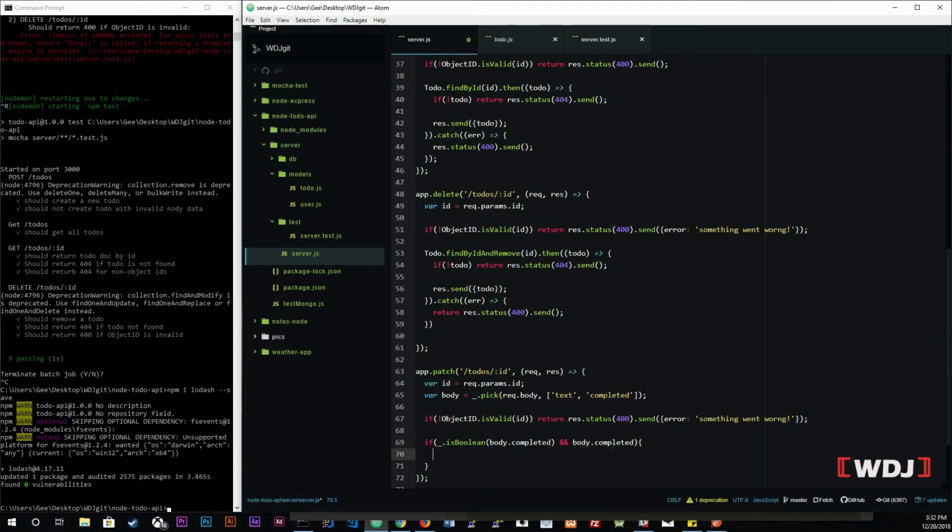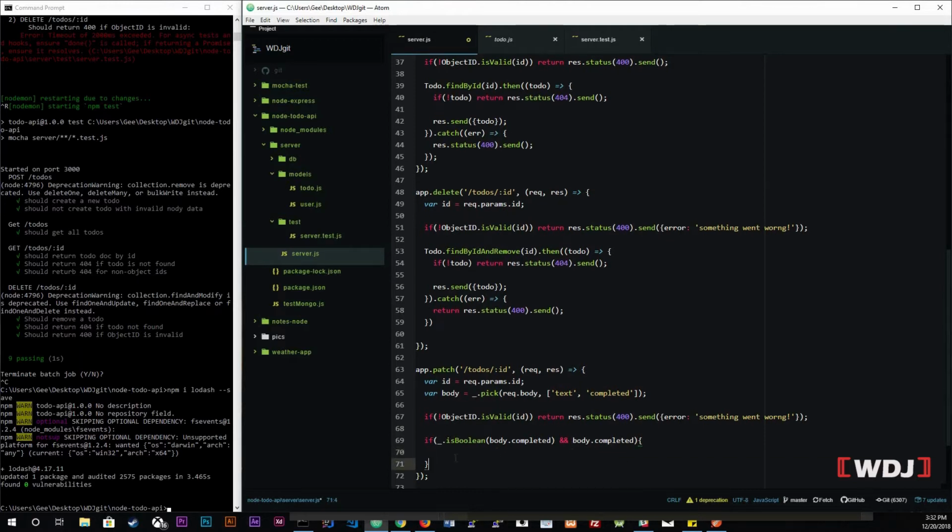But if it's a boolean, false is a boolean too, you know. So if it is a boolean and body.completed, let's say, is false, well, it's not going to run the code inside of here. Okay, that's basically it. So in here we're going to do body